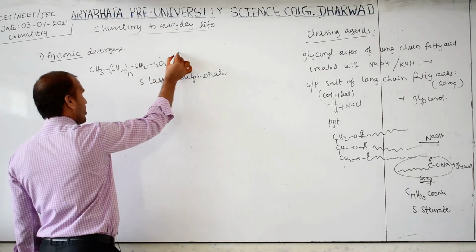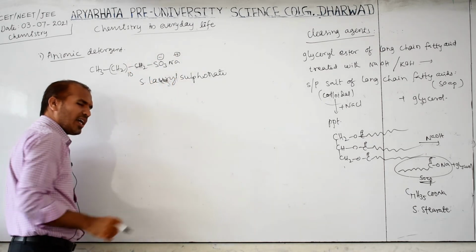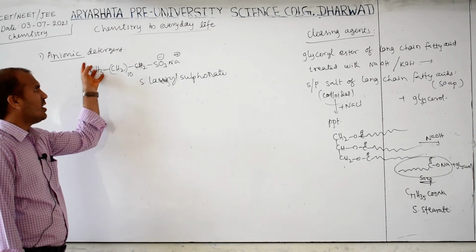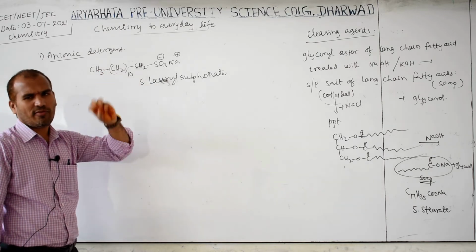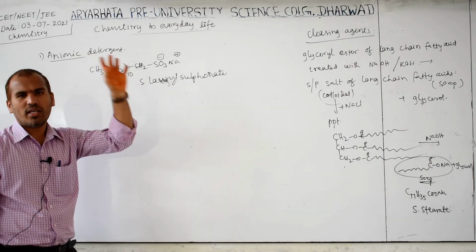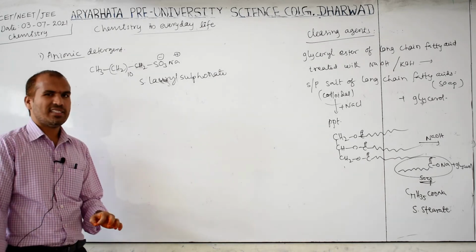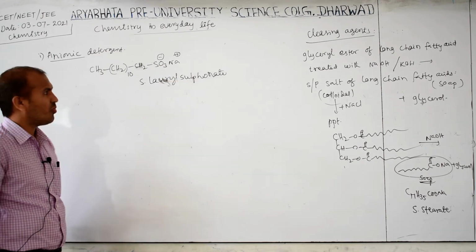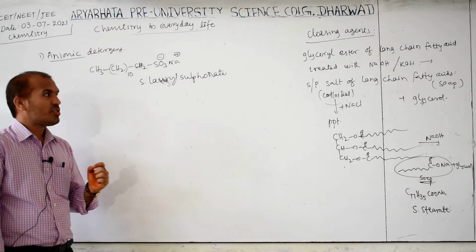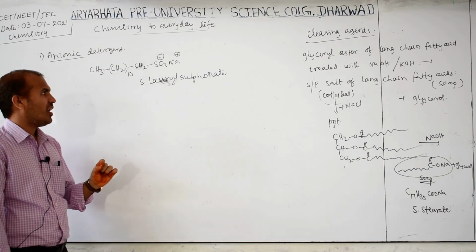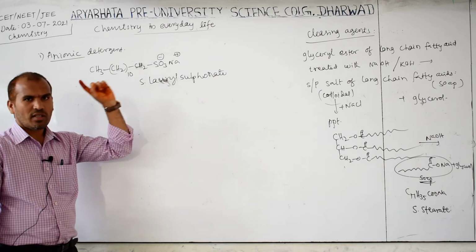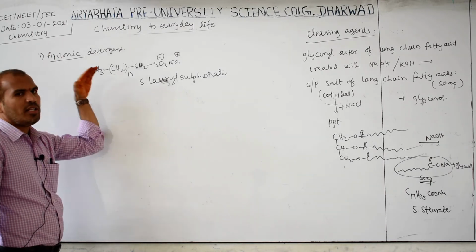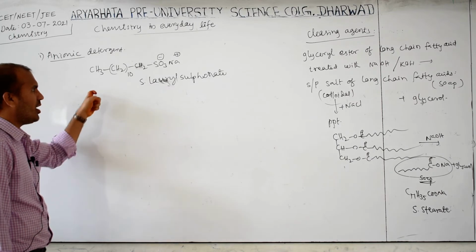This is the negative part, this is the positive part. The negative part is attracted towards water, the hydrophilic part. In the hydrophobic part, dirt or fat may dissolve, and totally it removes the dirtiness, grease or fats from clothes or skin. So this is the anionic part. One of the examples they may give is sodium lauryl sulfate, or ask which is the anionic detergent. Then you have to know the name and also the formula. These are very, very important.